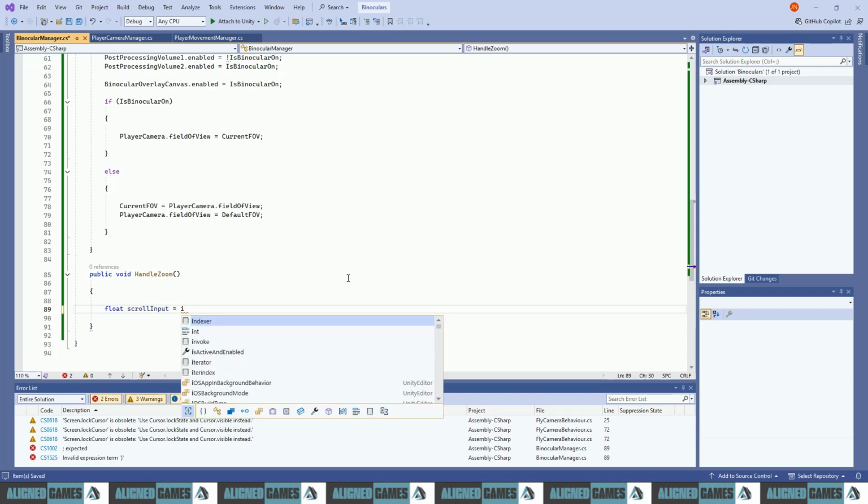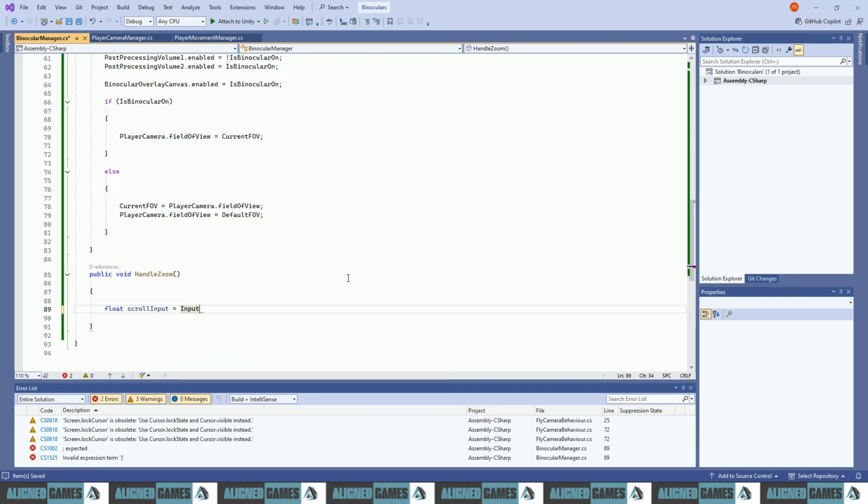And then we'll do, we need to find the axis for the middle mouse button. I think Unity calls it the mouse scroll wheel, if I remember. I think that's what it's called. Might need to look that up. And then